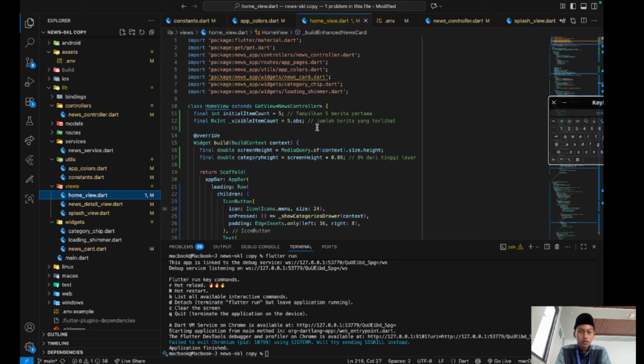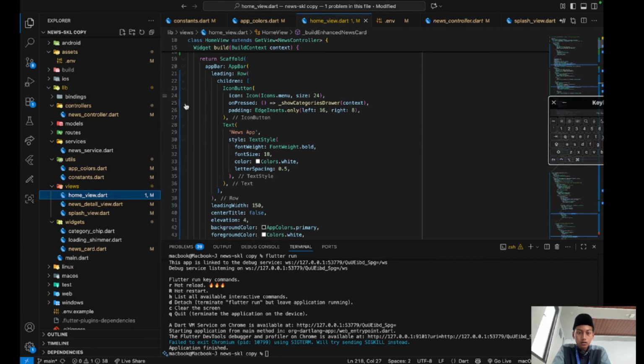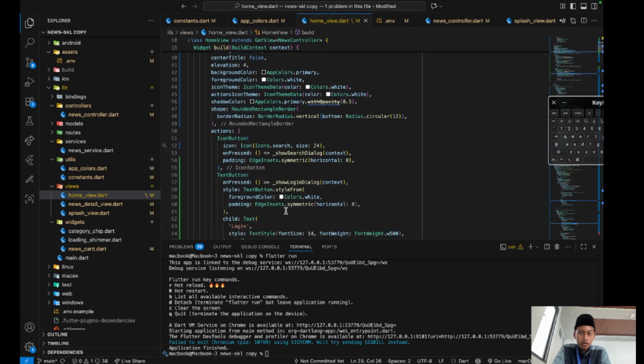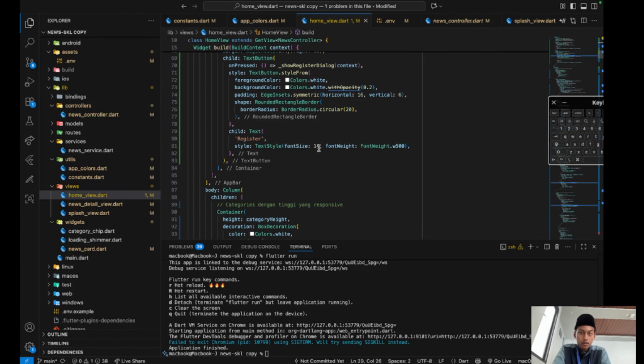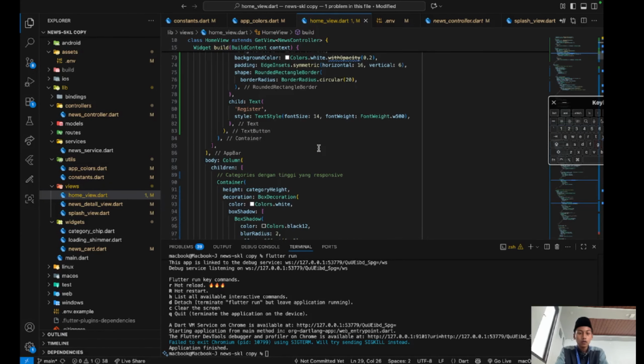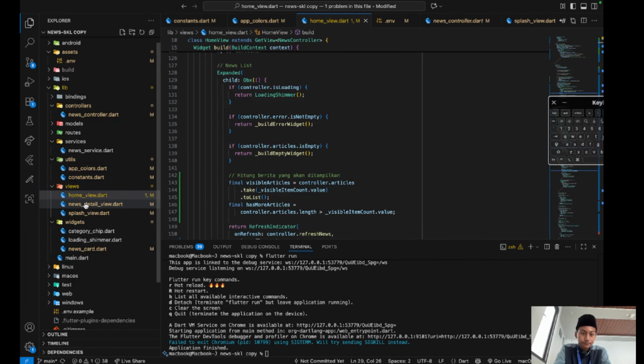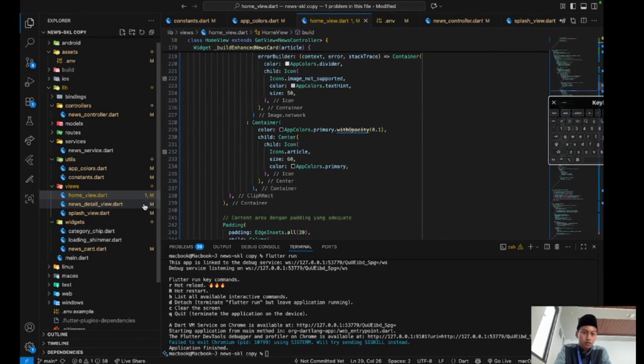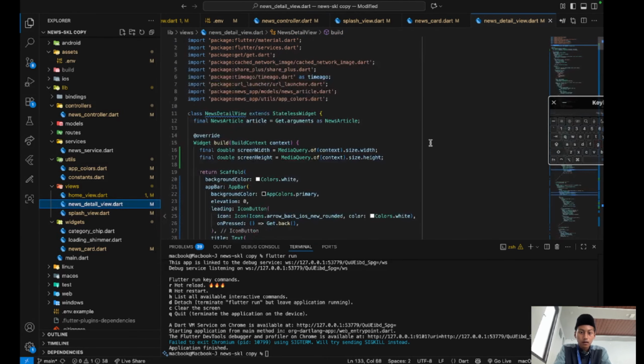After that, we can modify views, home view dot dart in the folder views. There is a main view for your application. So you can fill it with the news app title, and then login button, register, and others. And then news detail.